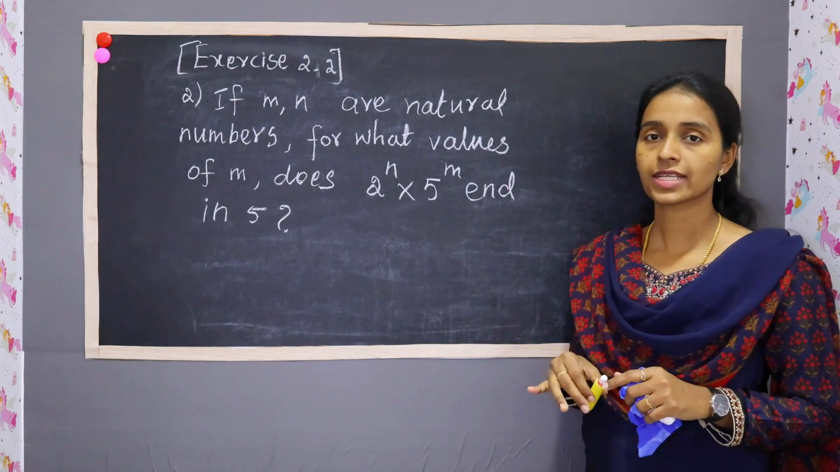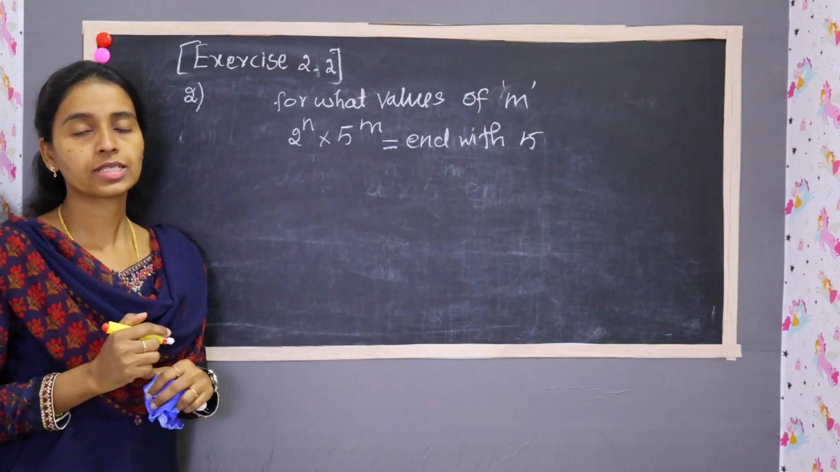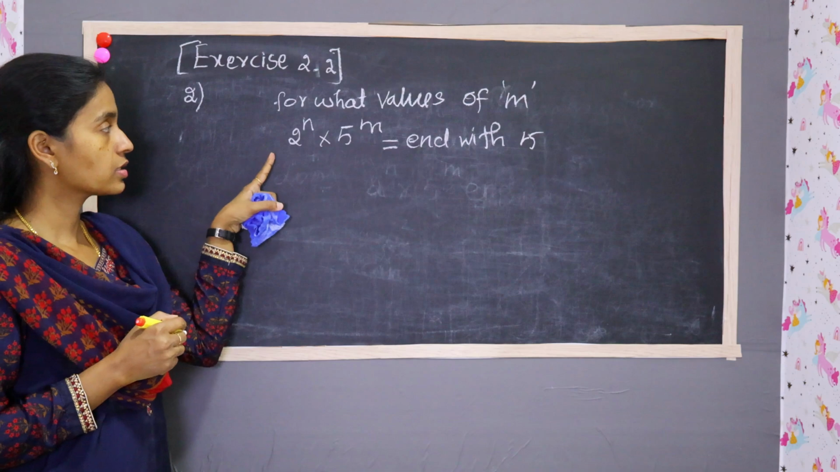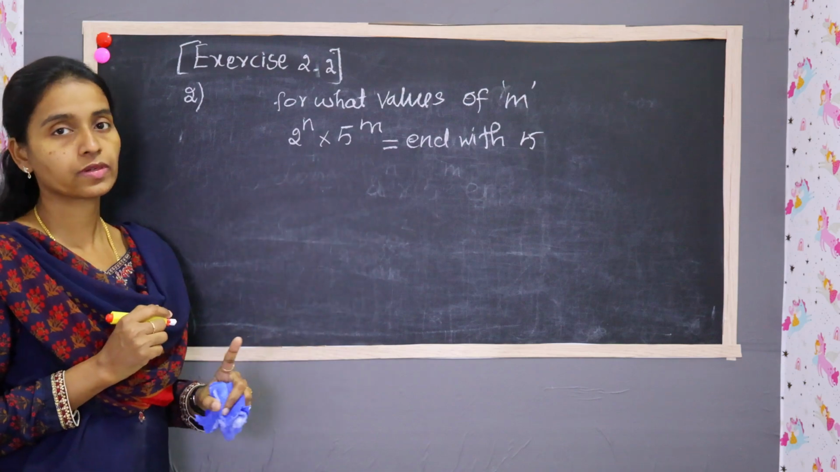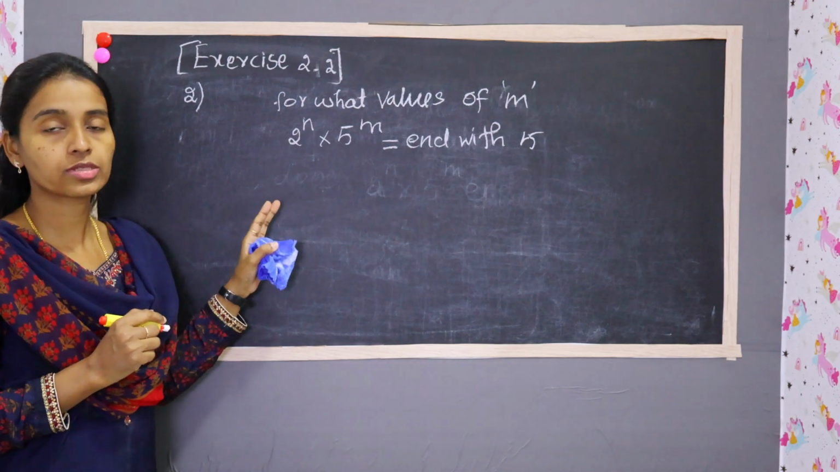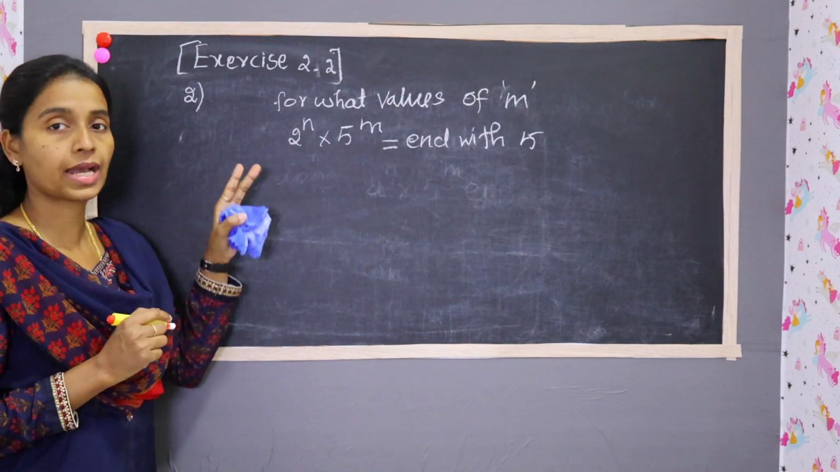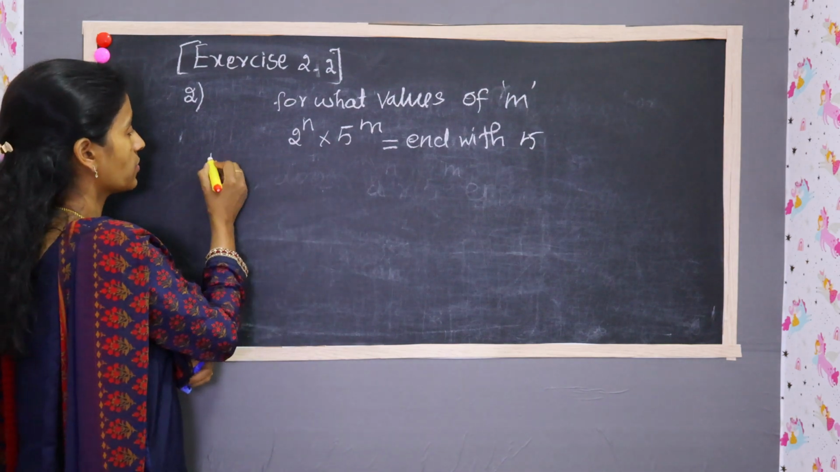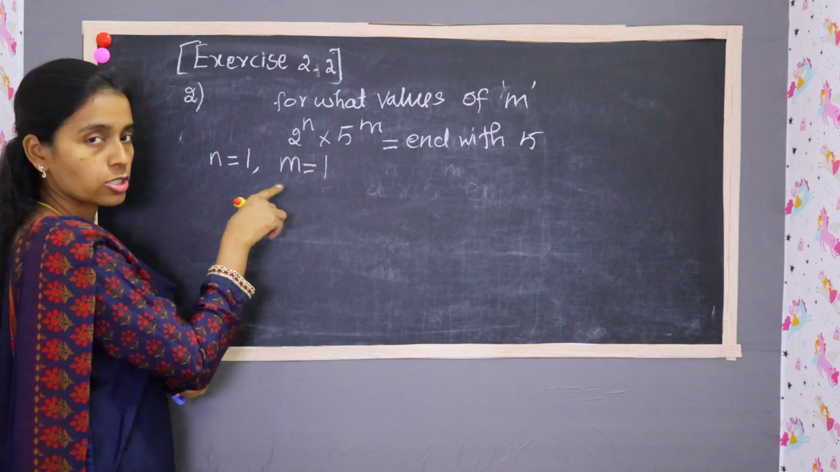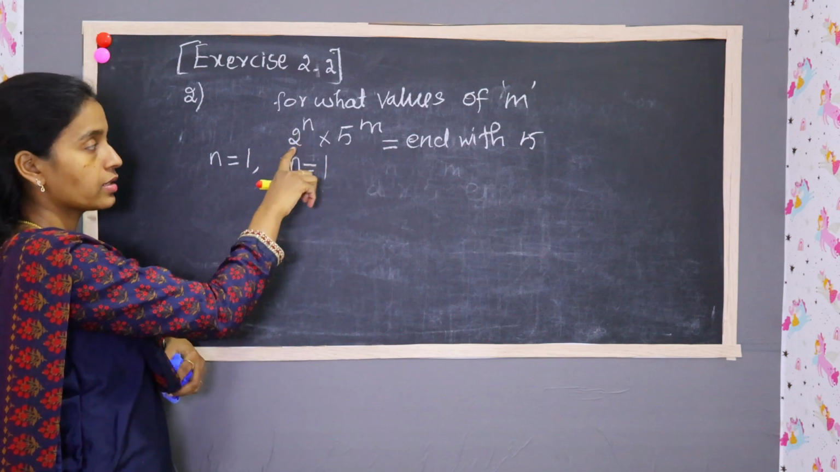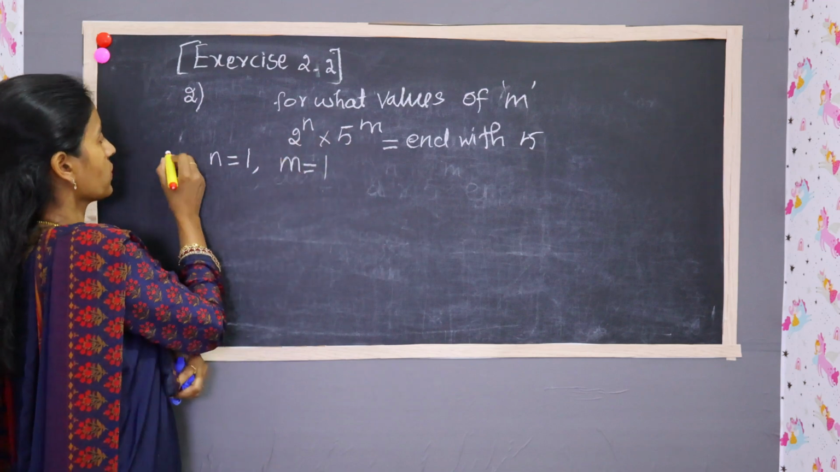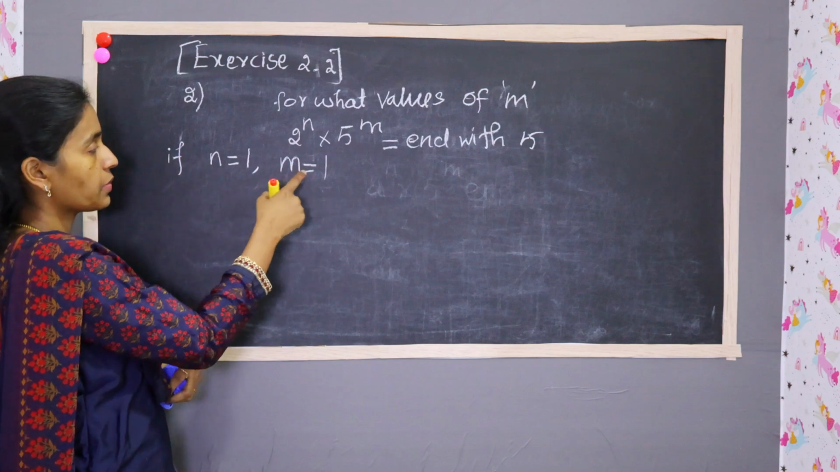Okay, now we can see the solution. For the solution, I have written the given information: for what values of m, 2 power n into 5 power m ends with 5. This is the given thing in the question. Now we are going to apply the values for m and n. I'm starting from 1, n is equal to 1, and also m is equal to 1. So if n equal 1, m equal 1,